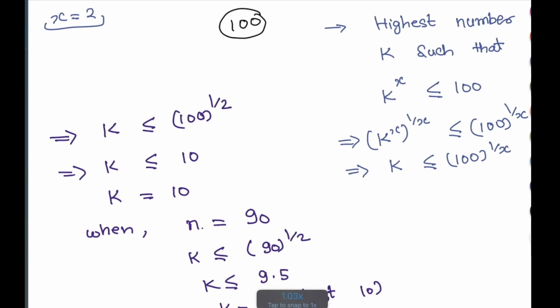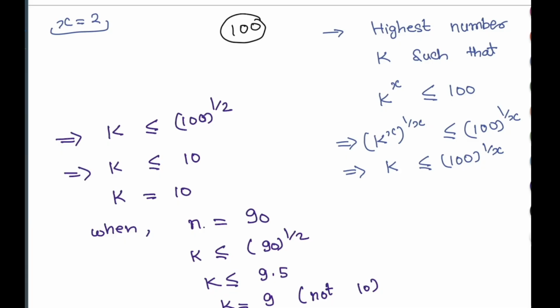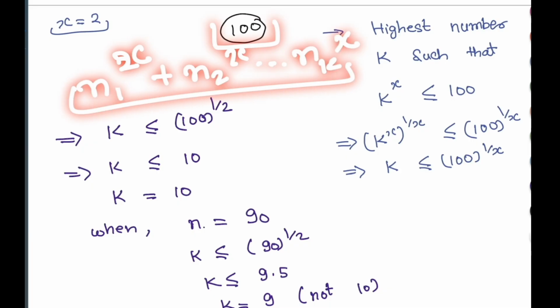Now let me show you some maths for this particular problem. Let us say we are given the input n equal to 100 and the value of x equal to 2. If you remember, the formula is that we have to express this number 100 in the form of n1 to the power of x plus n2 to the power of x up to nk to the power of x. You can choose k numbers, raise all of them to the power of x, and the sum should be equal to